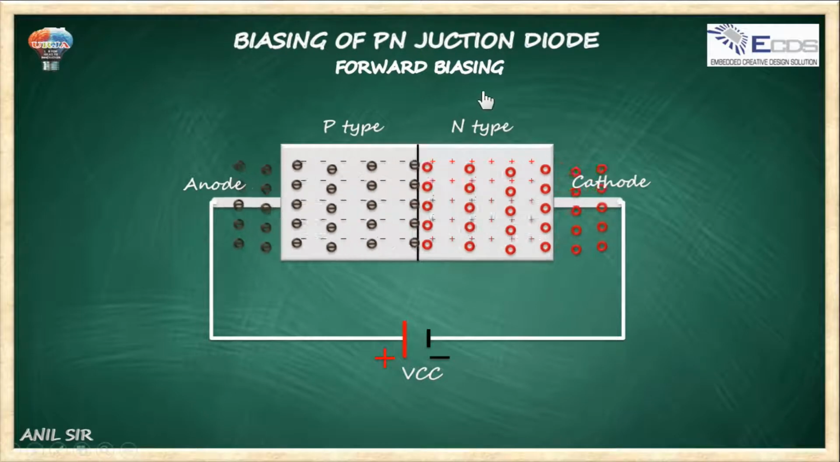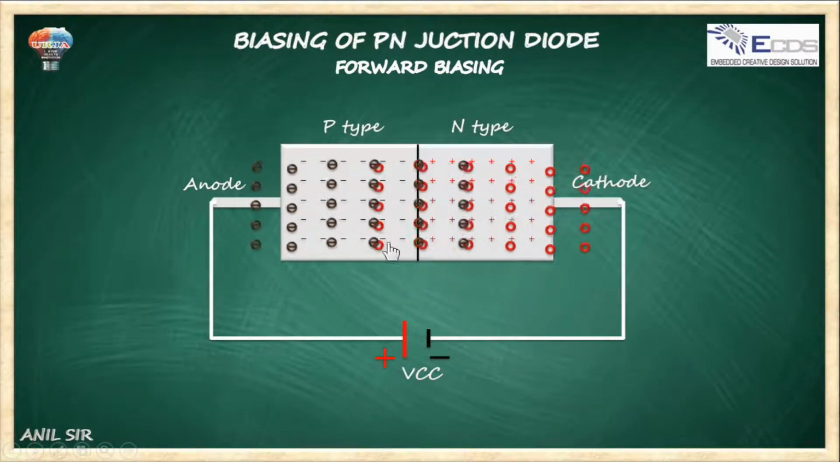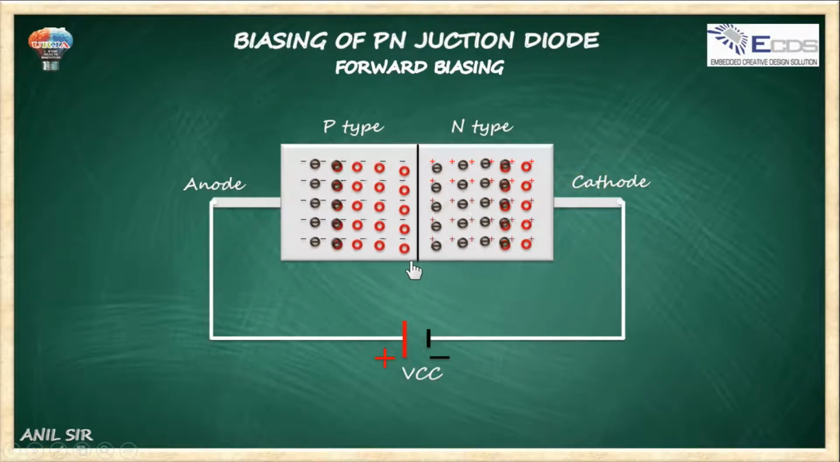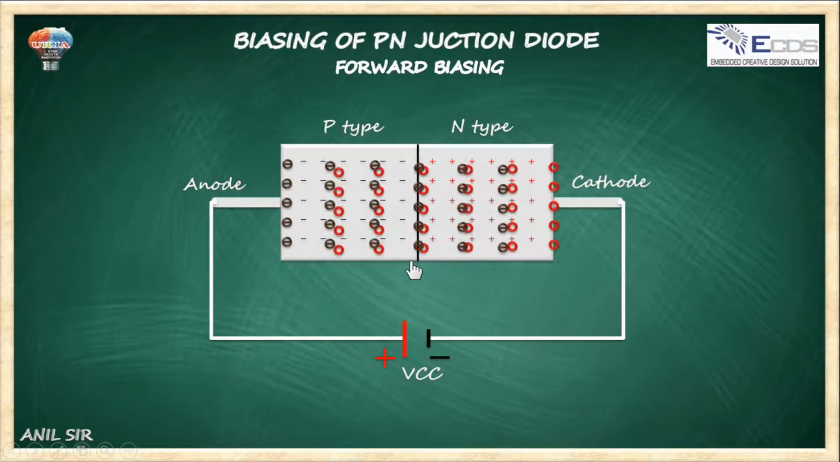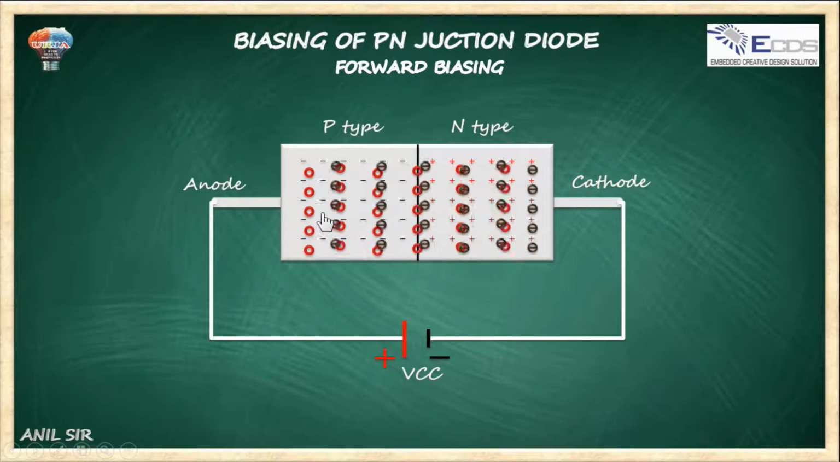Then what about the barrier? The barrier vanishes, because the junction has vanished. The junction that was there has broken down. There is no junction, so electrons flow from this side to this side and holes flow from this side